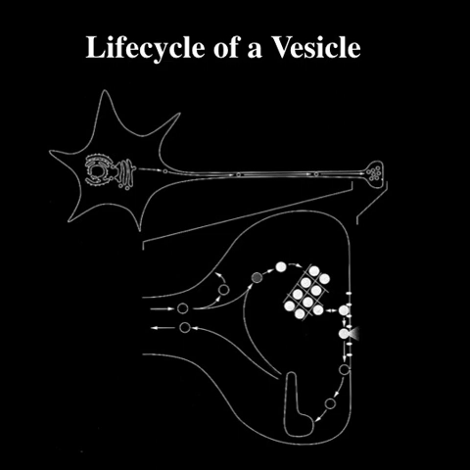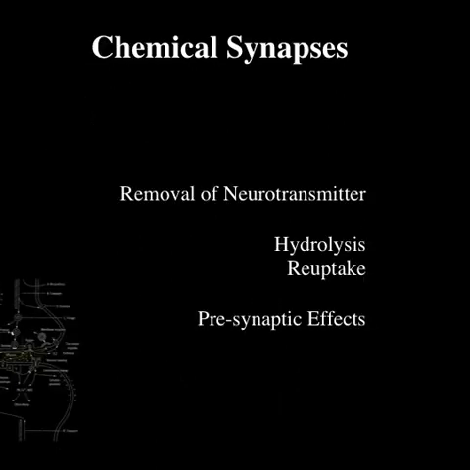You don't get an action potential and every vesicle in the knob goes running for the synaptic cleft. Okay? You get an action potential and a small proportion of these vesicles release their neurotransmitter into the synaptic cleft and are then recycled. And you need to have enough vesicles to last you for at least half a minute or a minute of neurological function before you can start to recycle the first ones.